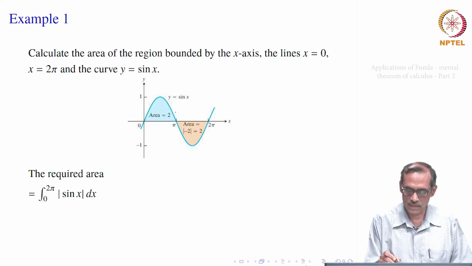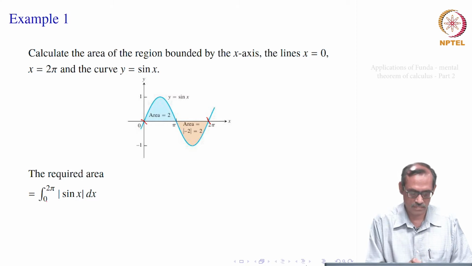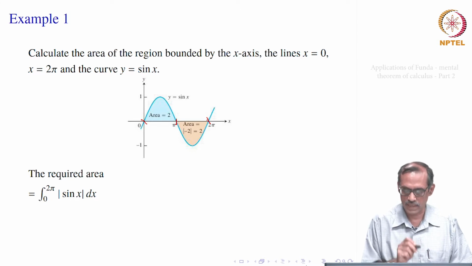Okay. So, now we proceed to find the area. Always we write, since we are interested in the area, not the signed area, the integral from x equal to 0 to 2 pi of the mod of the function. So, sin x is the function, we have the integral 0 to 2 pi mod sin x dx. Now, of course, at x equal to pi, the function is changing its sign. From 0 to pi, y equal to sin x remains positive. From pi to 2 pi, it becomes negative. So, mod sin x becomes sin x from 0 to pi and minus sin x from pi to 2 pi.